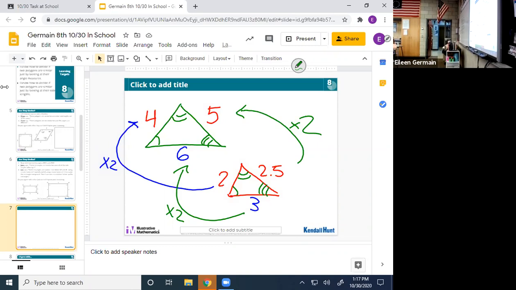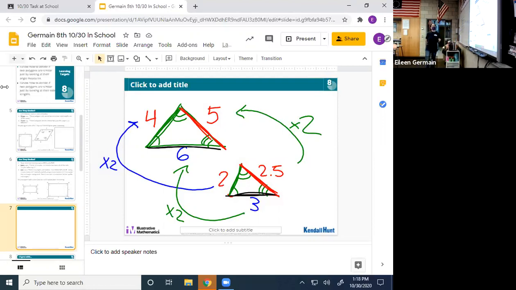Really good. So when you're given two shapes, you're not just going to look at them and say, yes, those are similar, or no, those are not similar. You have to test it. You have to say, between your corresponding sides, is there a number that I multiply by that gets me from one to the other? It has to be consistent between all of the corresponding or matching sides, like this one and this one. And then the last one would be this one and this one here, and this one here. Good, nice job, awesome. Really glad that I did that.